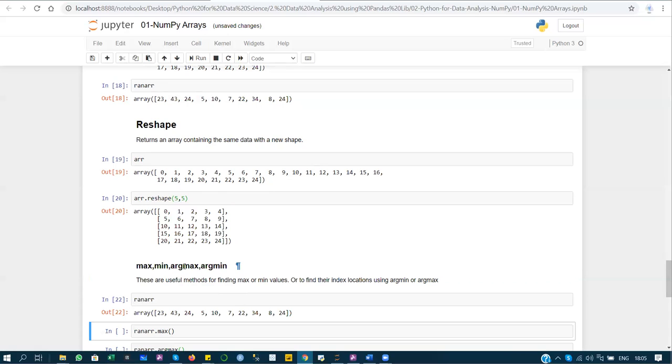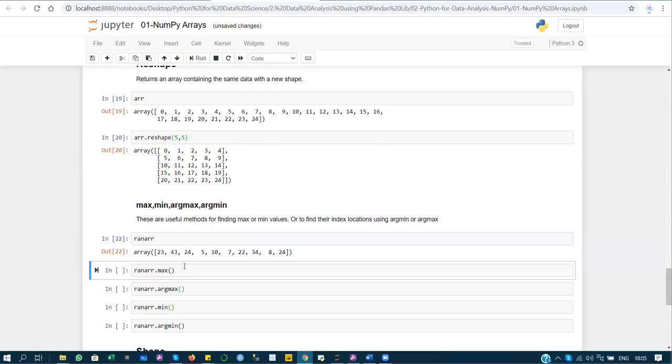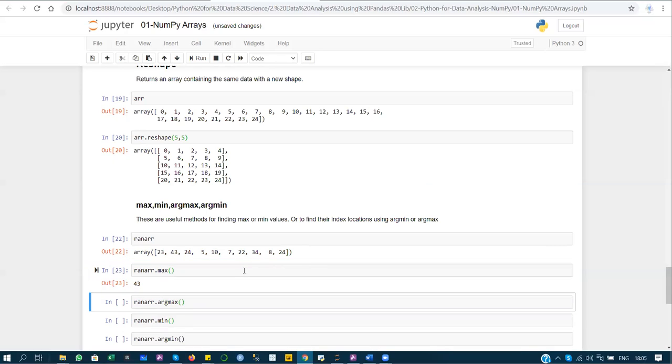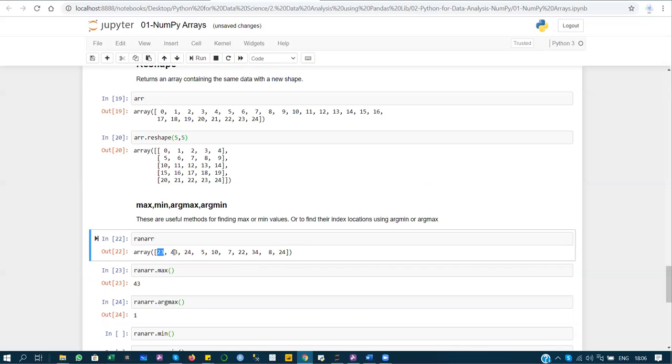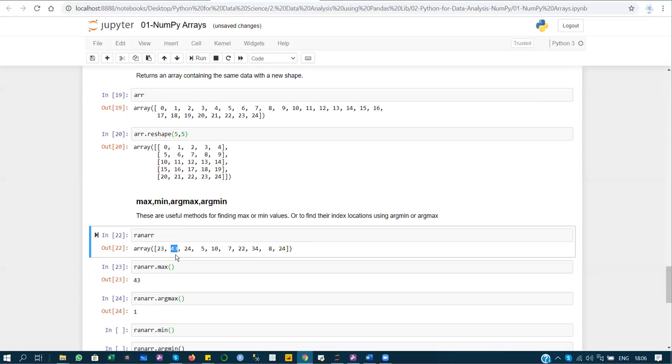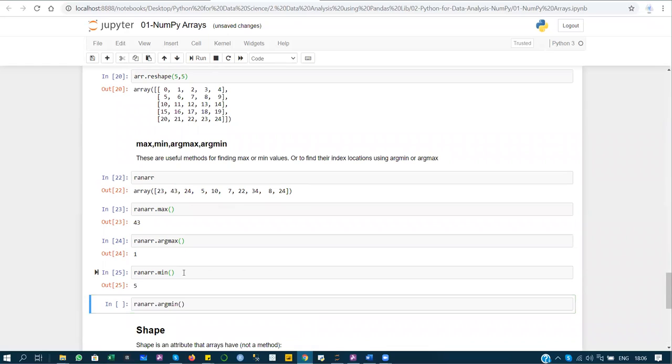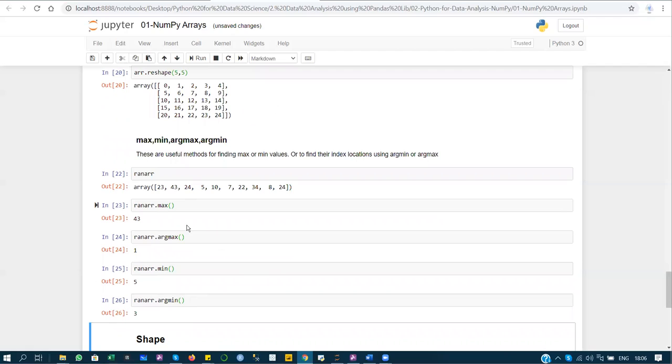So here I have created an array, and I want to find its maximum value, which is 43, and the index position is 1. Here you can see that the index position of 23 is 0, the index position of 43 is 1, and similarly the minimum value is equal to 5, and the position of the minimum value is 3. So here you can see 0, 1, 2, 3. So the index position of 5 is 3.